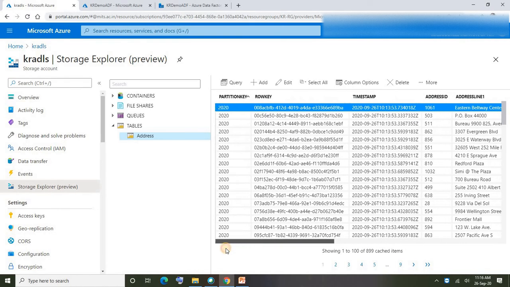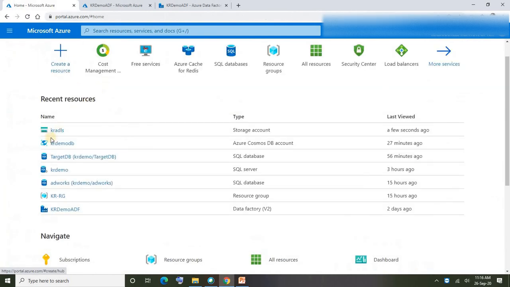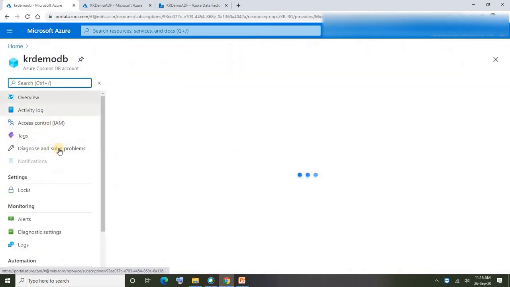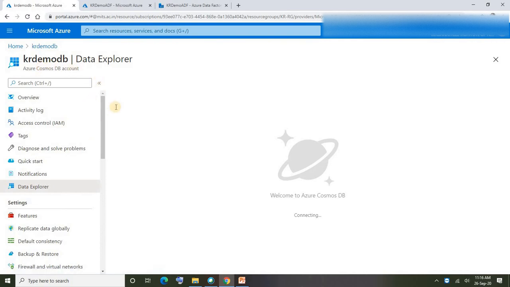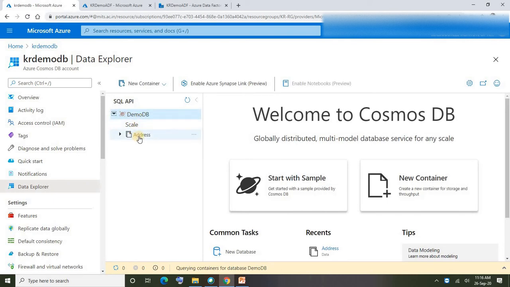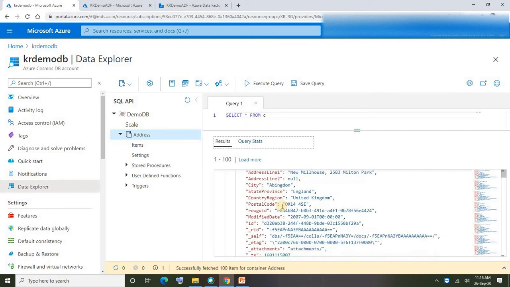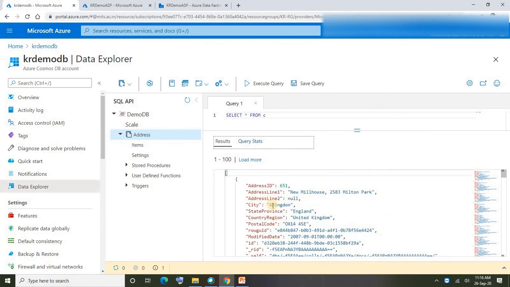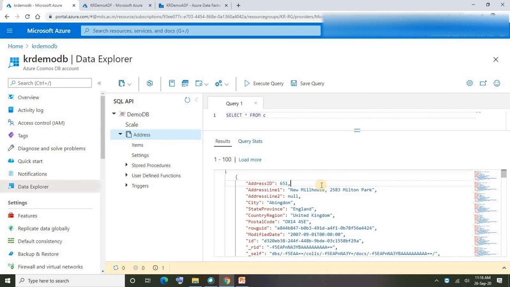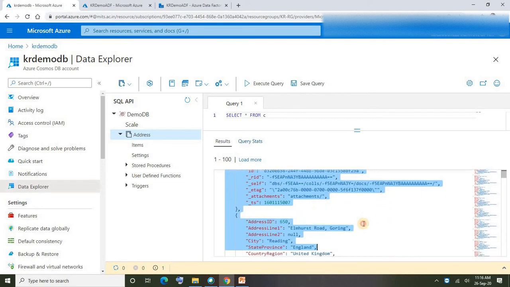Alright, so in the same way, let's go ahead and check if data is loaded into our Cosmos DB database or not. I'm in the Cosmos DB account, Data Explorer. Under Data Explorer, go to database, demo DB. Under demo DB, we have got the address container. On the top, there is the option new query. By default, a query will be created. Just execute that query, and if there are any documents loaded, yes, see here, data loaded into our Cosmos DB container as well. As I said, data will be stored in the form of JSON documents. Here each document is equivalent to a row in our SQL database.